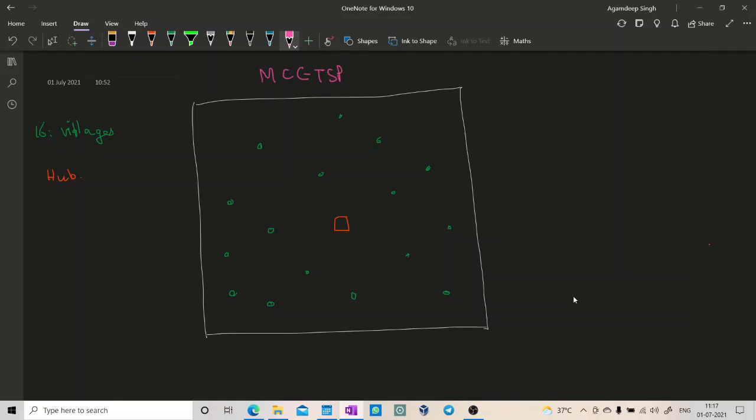Hi, and welcome to a visual explanation and a conceptual walkthrough of our multiple cost constraint traveling salesman problem algorithm. So, the initial setup is that we have a village space where points are sparsely placed, and we have a hub somewhere between them, and we want to generate routes such that the number of routes is minimal and the distance inside each route is minimal.